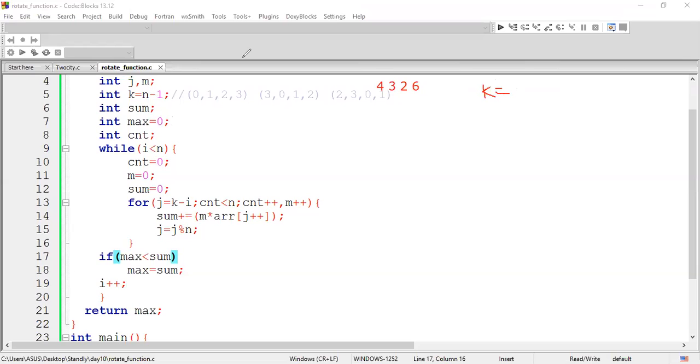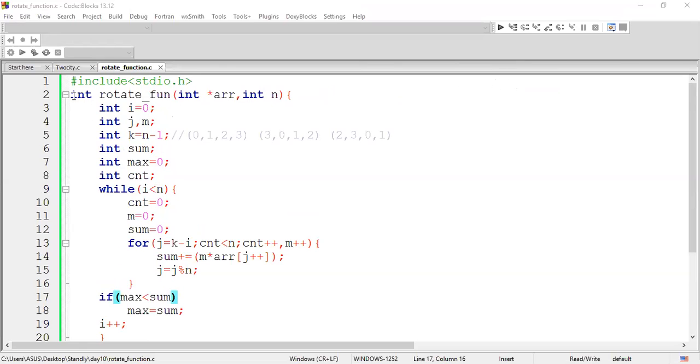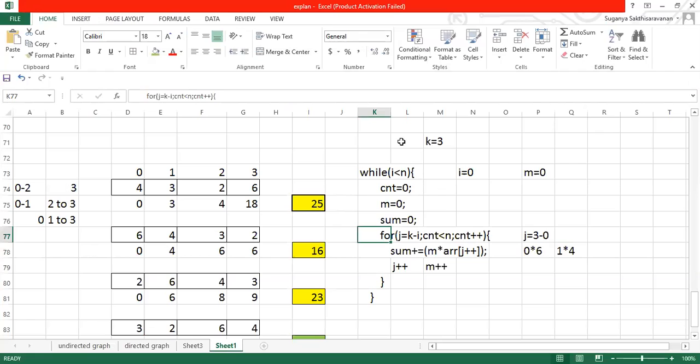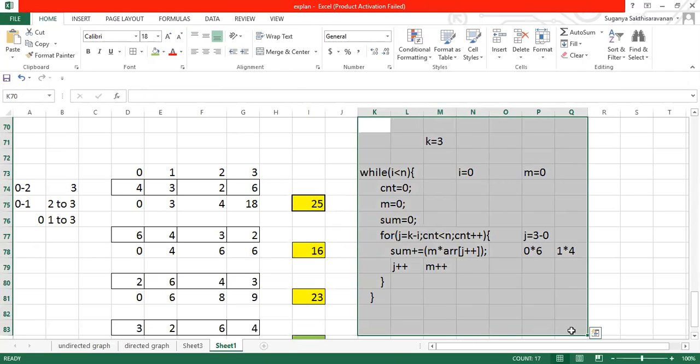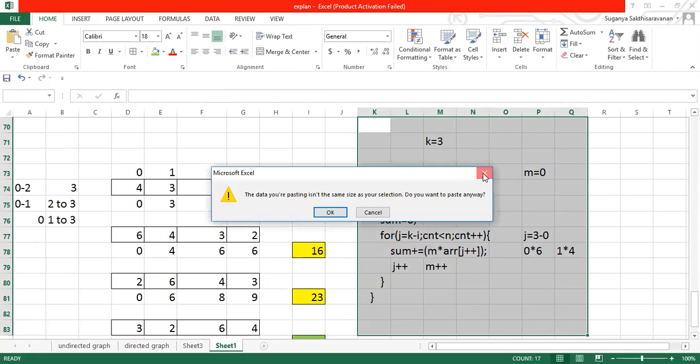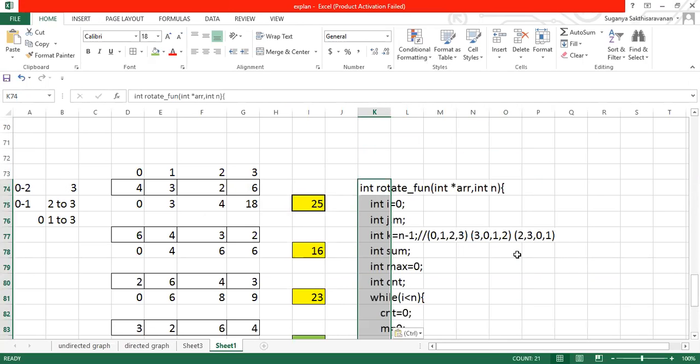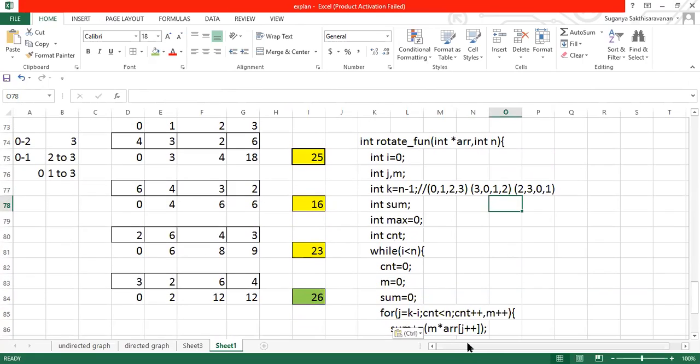Just give me a minute, guys, else I'll move this logic to Excel. It'll be easy for me to do it step by step. If I'm writing here and want to do some alteration, the entire code will be erased. Just give me a minute. We'll remove this and paste this logic here. Okay, fine. Listen here.